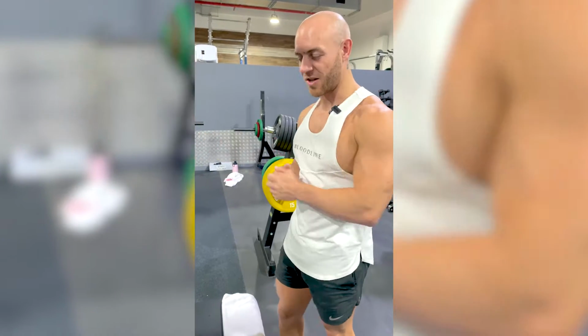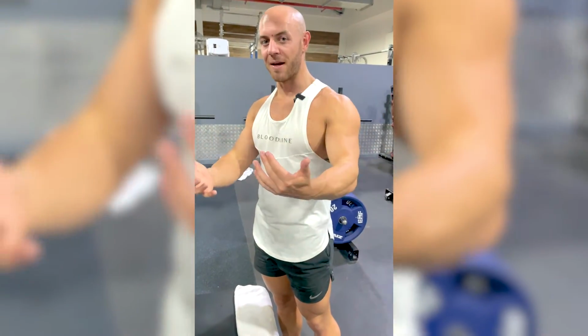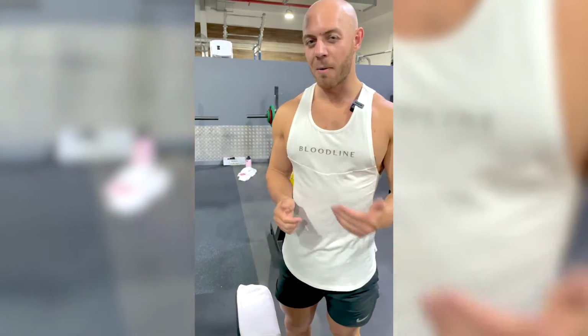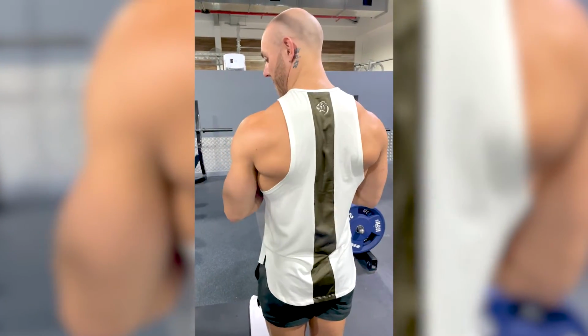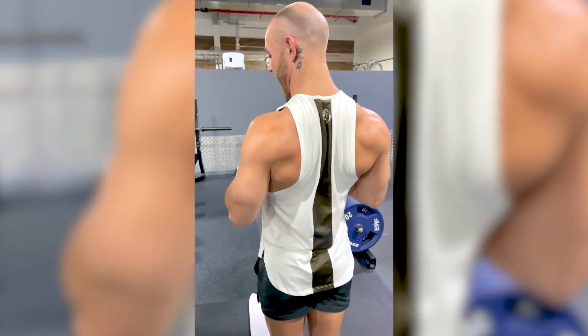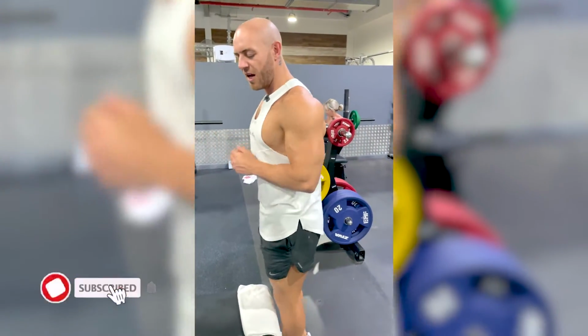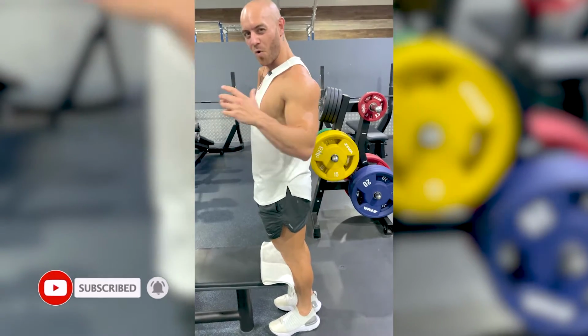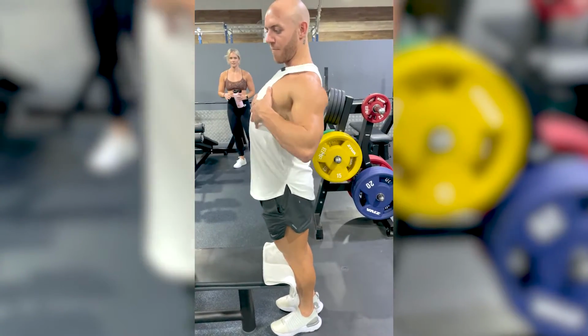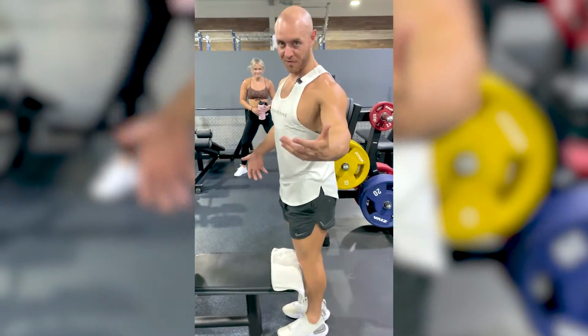Now, one of the main things when we look at a vertical pull movement is keeping, as we've talked about in the other upper body videos, the shoulder blades in a position where they're depressed and retracted. But here's the key. If you retract too much, you end up arching the back, and sometimes you can be so focused on pinching the shoulder blades together that you've brought the rib cage up out of neutral spine, which we've talked about, and